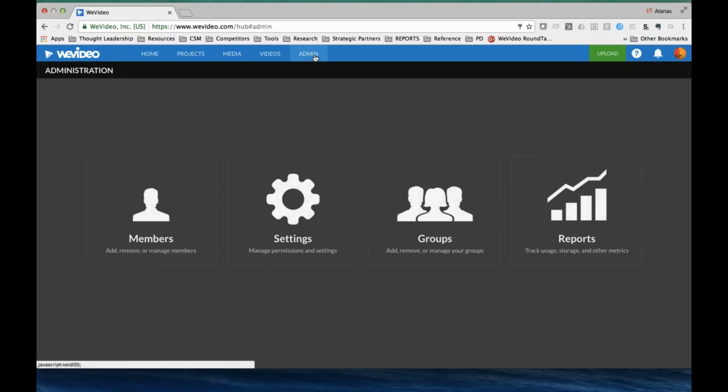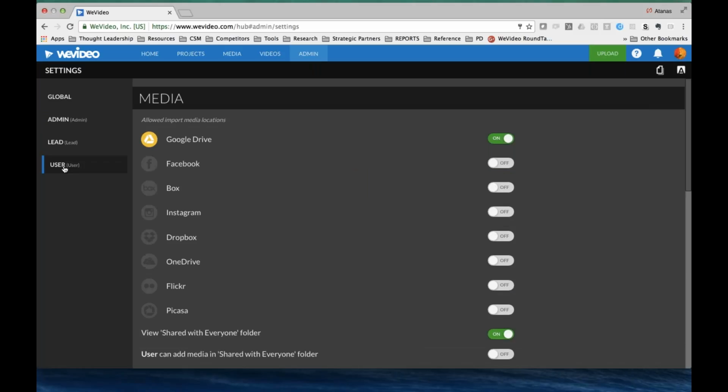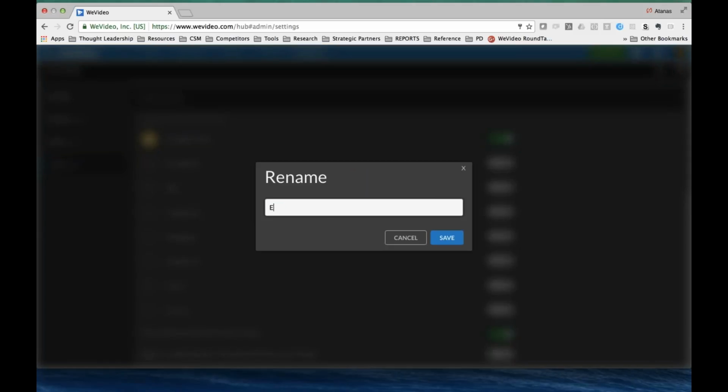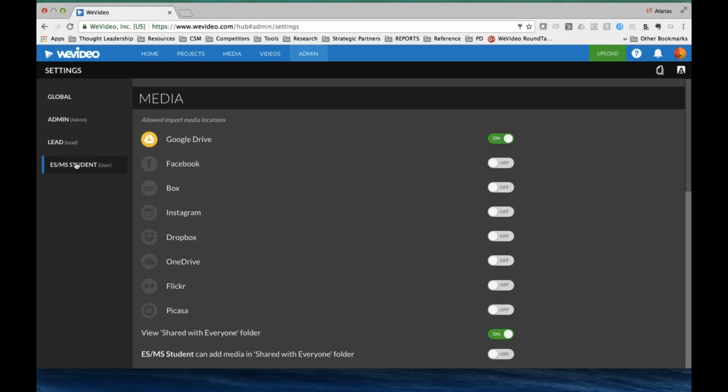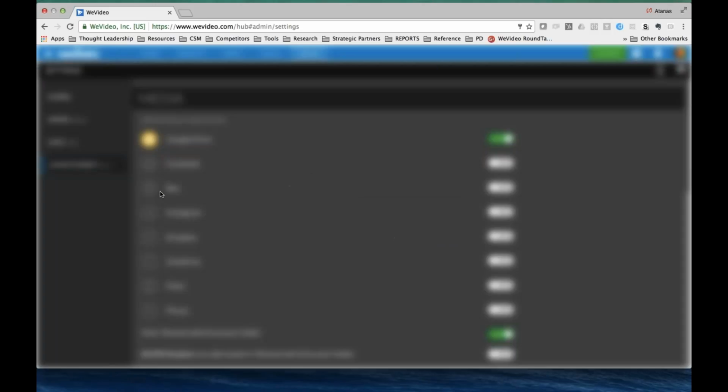And I mentioned that you can customize the roles. So when you go to settings, if you're an admin, of course, you see all these different roles here. And let's say for user, I can right-click and rename this to elementary school and middle school student, for example. So you can name the role anything you want. This is the hardwired permission set, and this is your name here. And then I can duplicate it, and I can say I want a different set of permissions for my high school students.